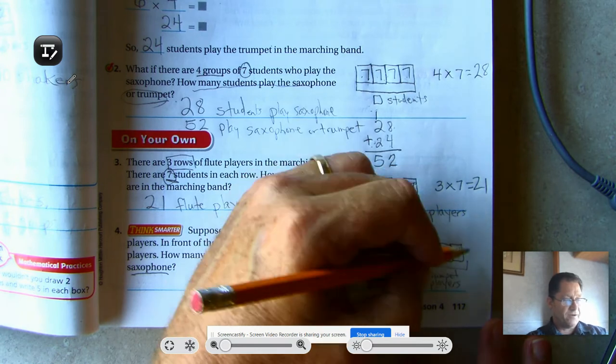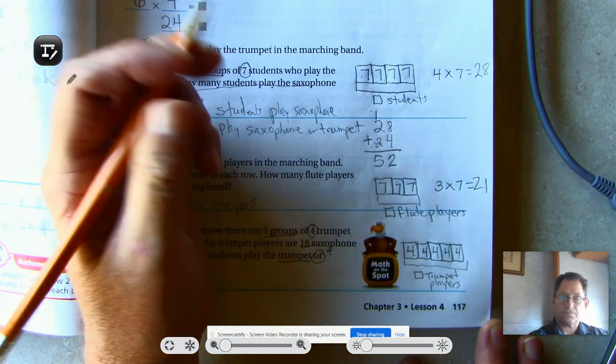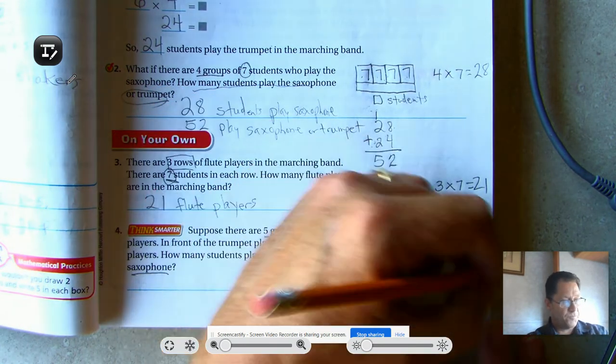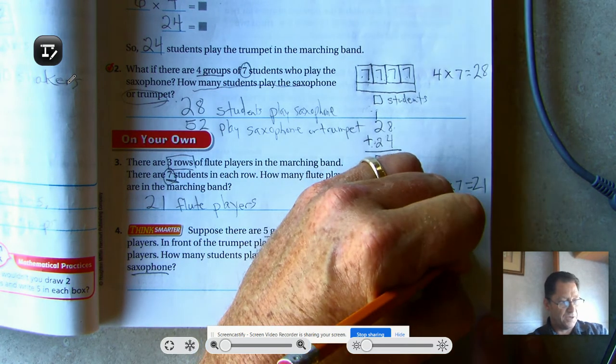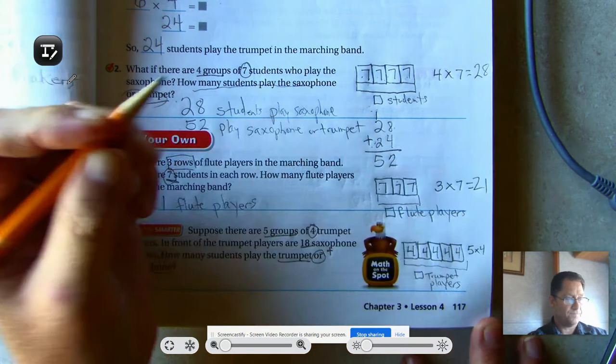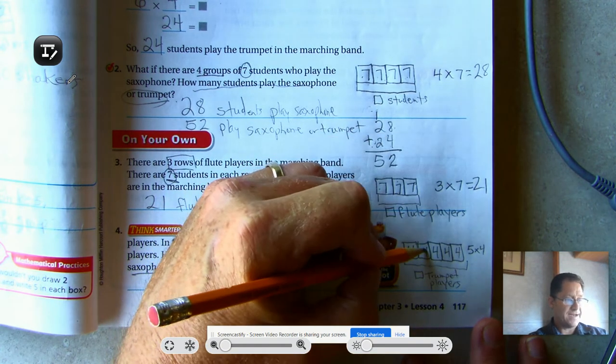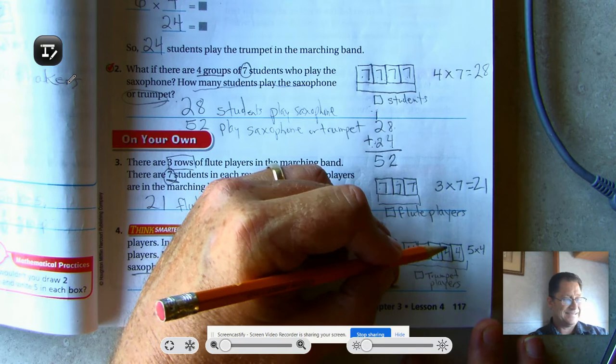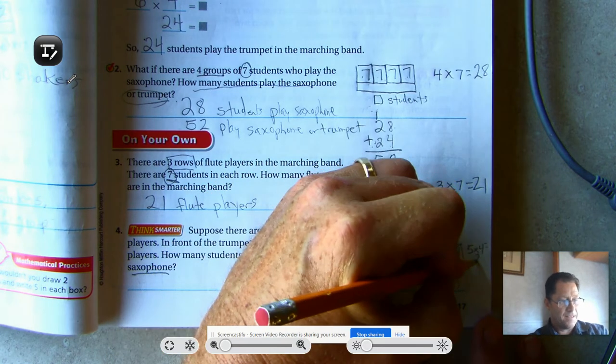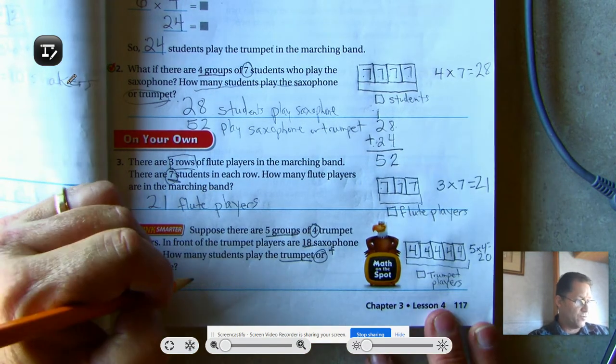Since there's an equal amount of players in each group, we can convert that to a multiplication problem of 5 times 4. And 5 groups of 4 is 4, 8, 12, 16, 20. All right, so we know that there are 20 trumpet players